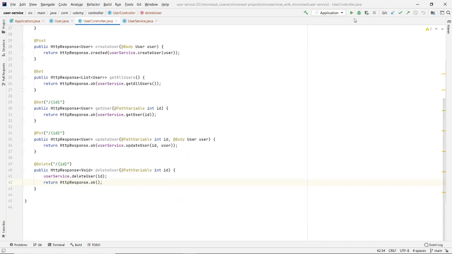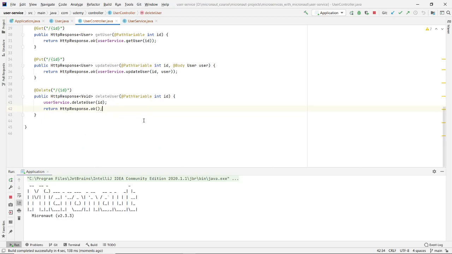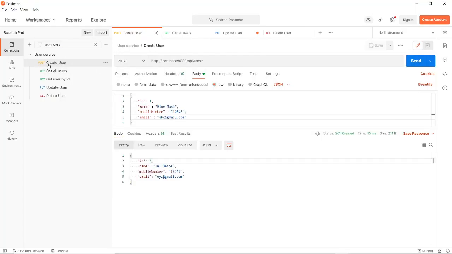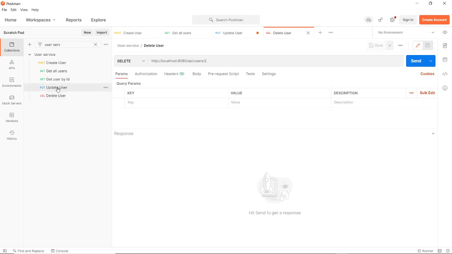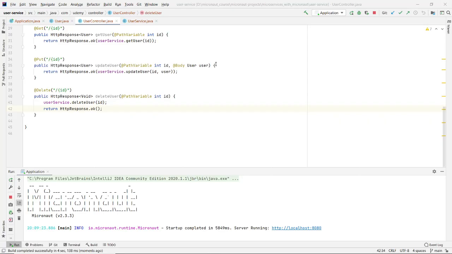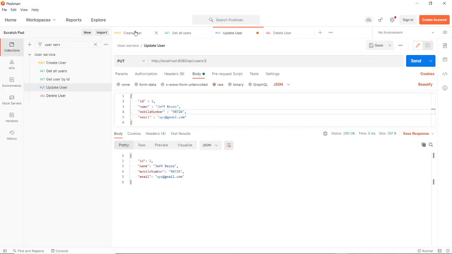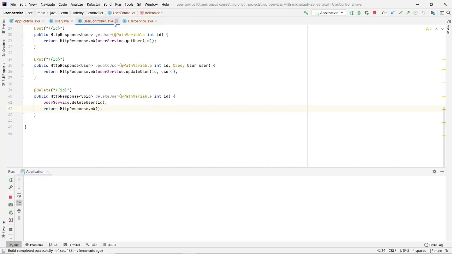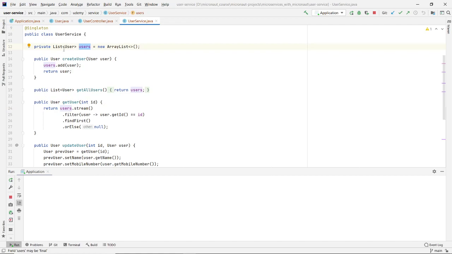Once these changes are done, we will restart our server. And in the Postman, we have created the update user and delete user API requests. So once our server is started, we will have to recreate the users, as currently we are storing these users in this list, and this list is in memory.